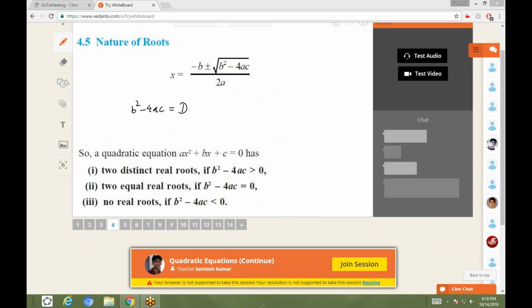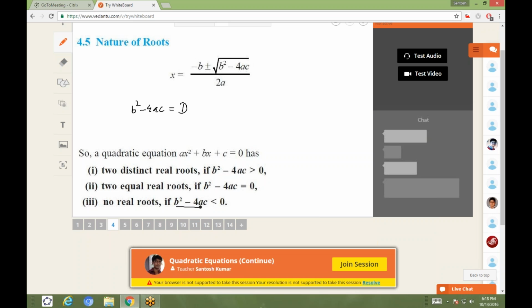Done, sir. Okay. So next it says that if we have b square minus 4ac equal to 0, in that case we will get two roots because it is a quadratic equation, and those two roots will be equal. Means if one is x, then another will also be x. If one is, let's say, 2 by 5, then another will also be 2 by 5. Okay. And the last one says that